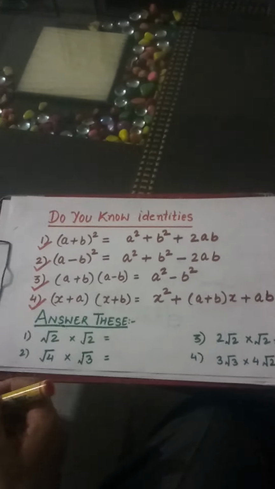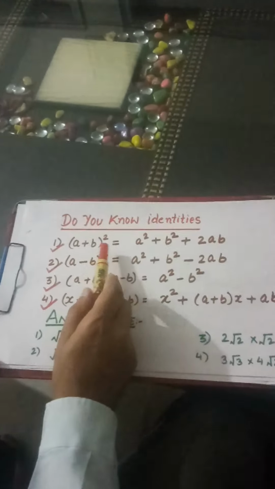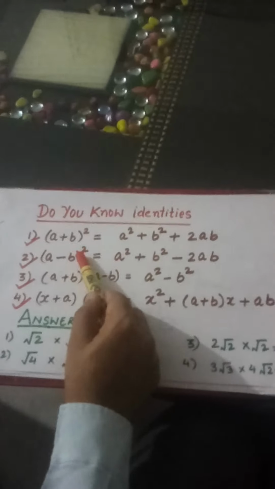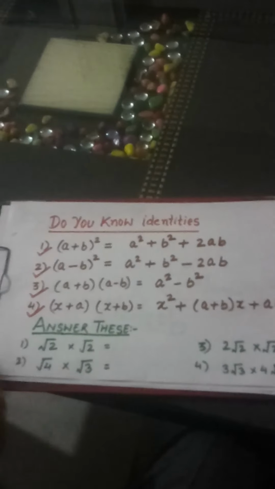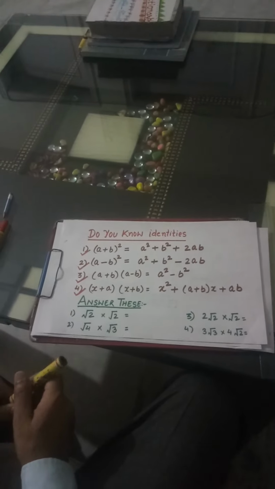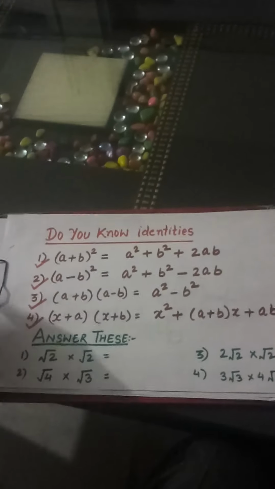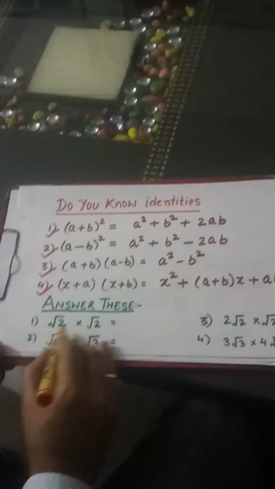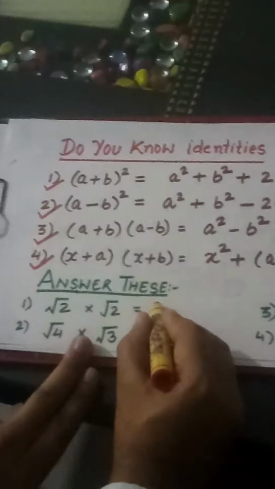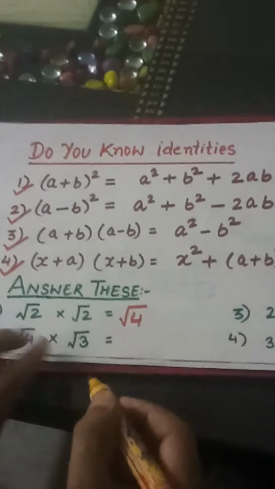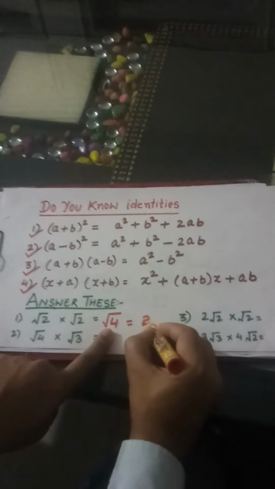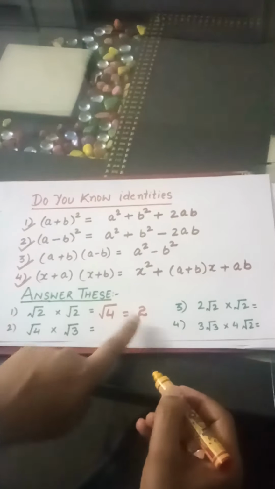These are the same identities which we are utilizing in class 9th now. Actually, the multiplication of irrational numbers or rational numbers works only on the basis of these identities. Next, I just want to ask a few questions: what is under root 2 into under root 2 equal to? Under root 2 into under root 2 is equal to under root 4. 2 into 2 is 4. And we know very well the square root of 4 is a perfect square. So it will come as 2, a rational number.